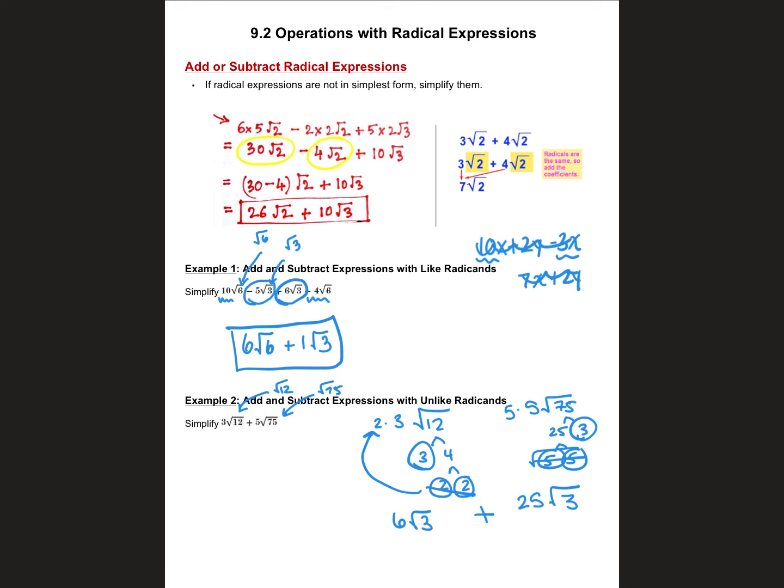Now we can actually add these, because these are like radicals. So instead it became 6 radical 3, and the 5 radical 75 was really 25 radical 3. And so I can add these radical 3's together. I have 6 of them and 25 of them, which makes 31 radical 3's. And then last we have